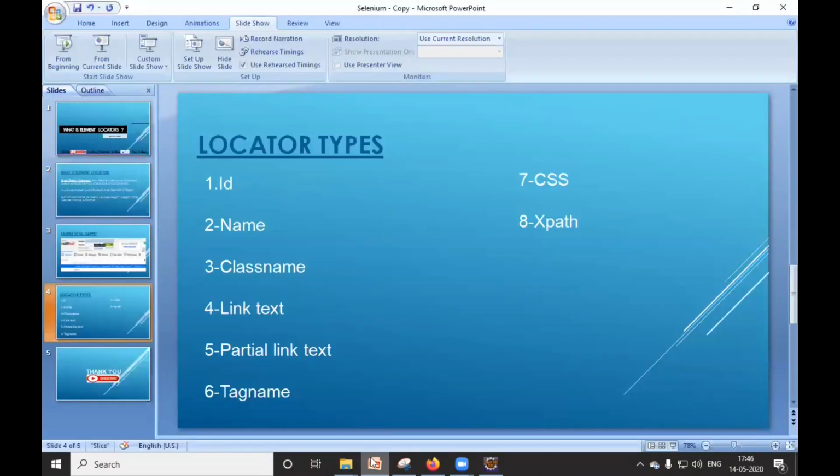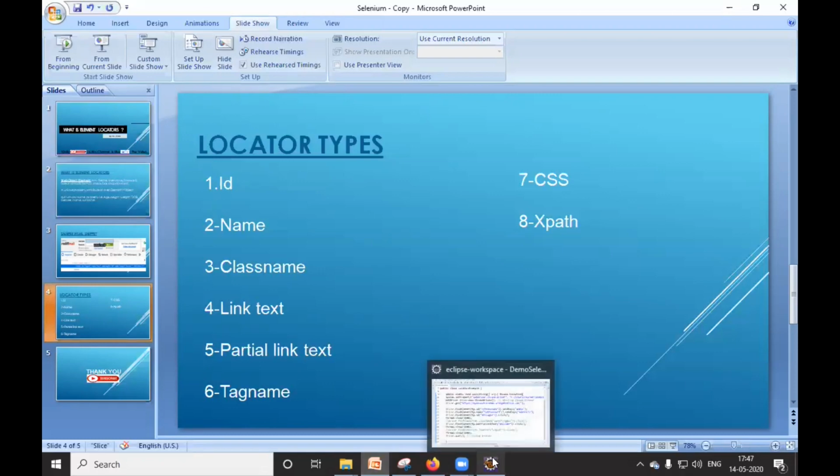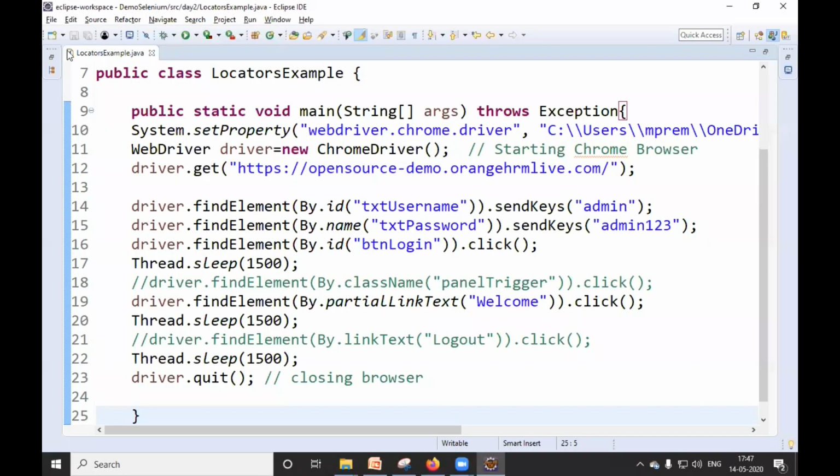What is CSS? CSS is the Cascading Style Sheet format which developers use for assigning color, font, size, and alignment of any web object. So we are going to use those properties in our Selenium script. I will do this example on a new application, so I will make a new class.